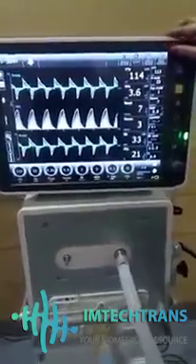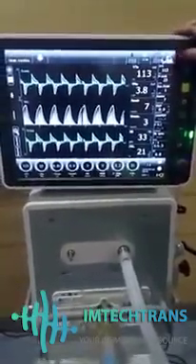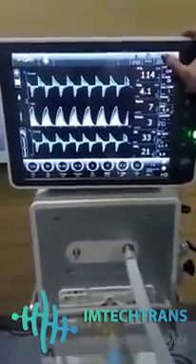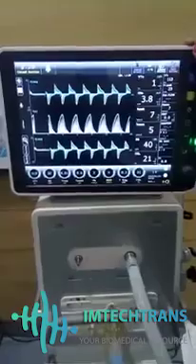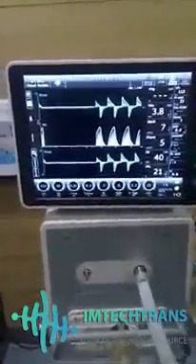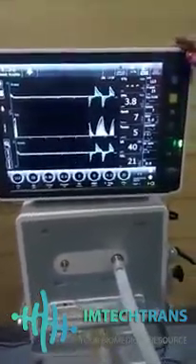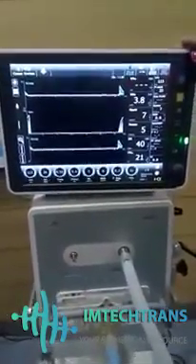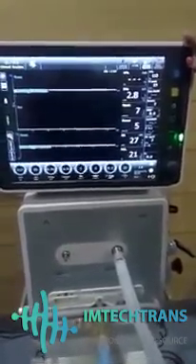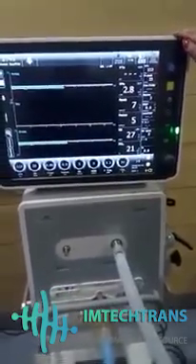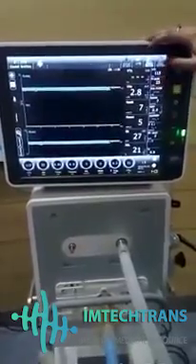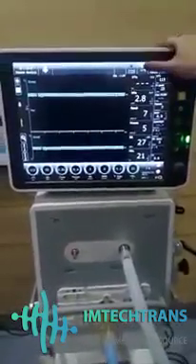As we can see, there are two options available for suction. Open suction, we can select this switch and open suction can be done. As we know, during suction, negative pressure can cause auto triggering, which is very harmful for the patient. So our equipment is equipped with closed suction system. In this, on activation, the existing ventilation mode is suspended and the ventilator shifts to CPAP mode with set peak value 3 cm of water of pressure support. At the same time, O2 boost can be given to the patient.